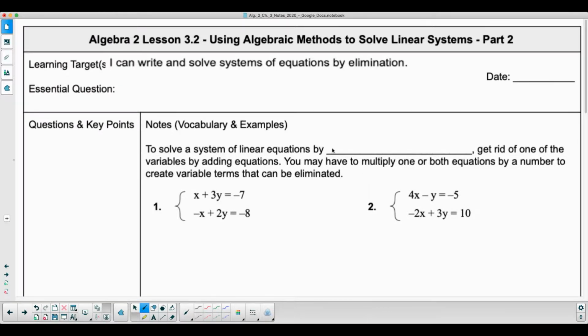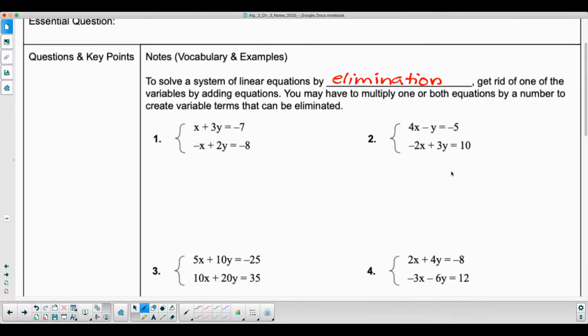So to solve a system of linear equations by the method of elimination, you are going to get rid of one of the variables by adding the equations together. You may have to multiply one or both equations by a number to create variable terms that can be eliminated. So basically what you're looking for in elimination is which variable has opposite signs with the same coefficient. So for example, in example 1 here, you can see that x